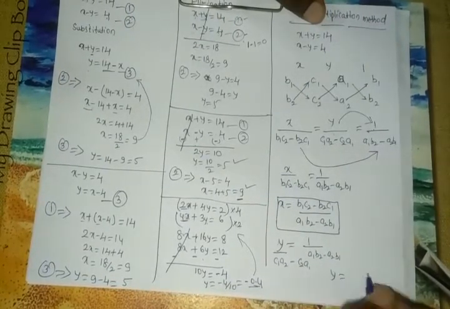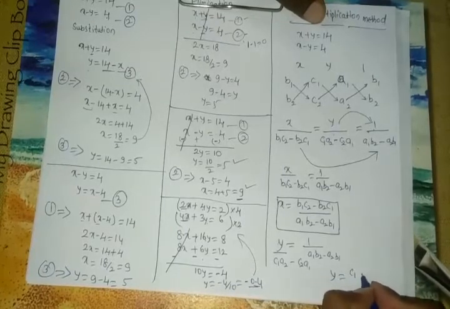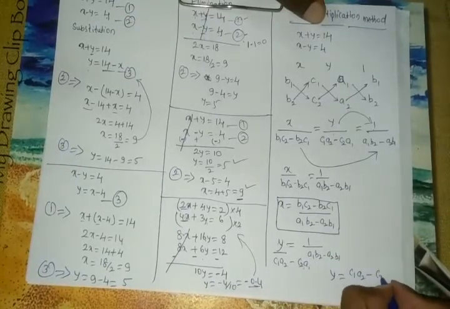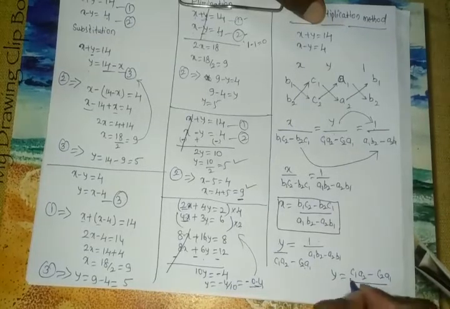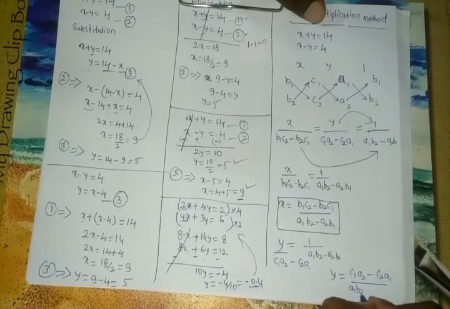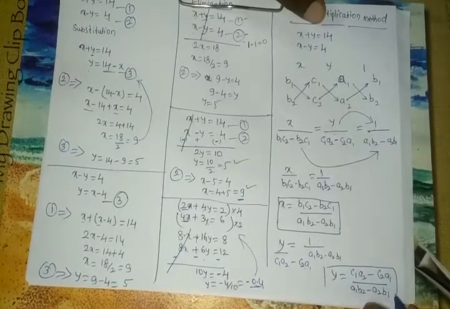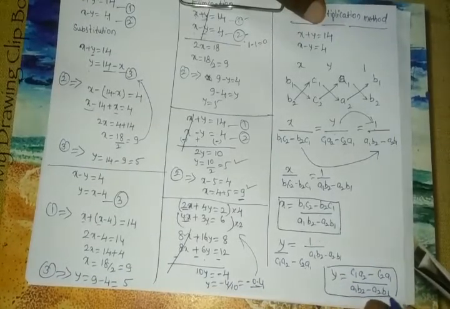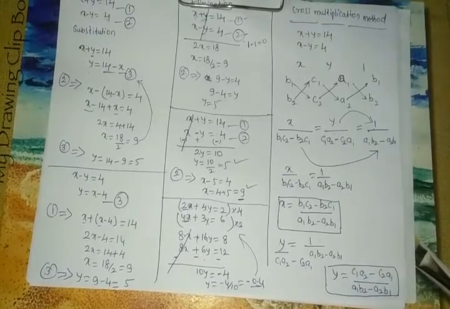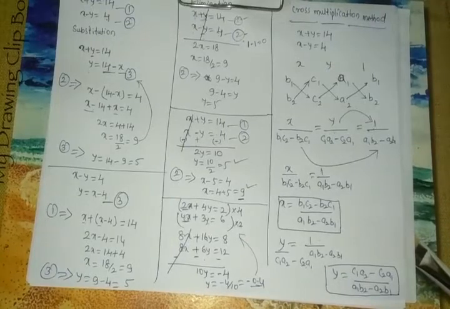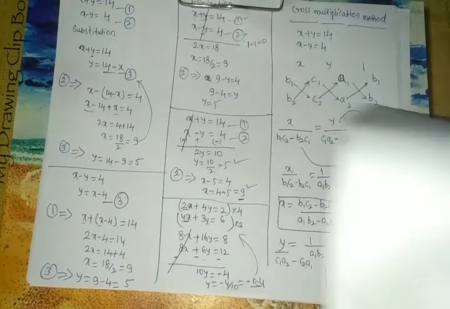So y is equals to, cross multiply, c1 a2 minus c2 a1 divided by a1 b2 minus a2 b1. Okay, this is how we get y. It is very simple, no need to remember these two formulas. Only thing what we need to remember is